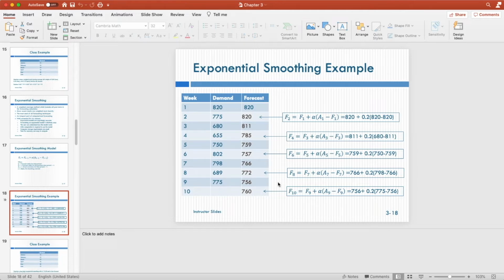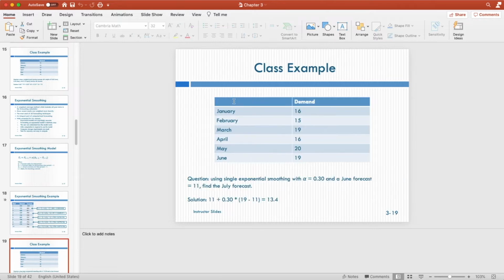Now, this is actually a class example from the textbook. Let's still use this class example. The key idea is exactly the same, but the example I use here is a little bit simpler. Now, suppose we're trying to use a single exponential smoothing method with alpha equals 3,